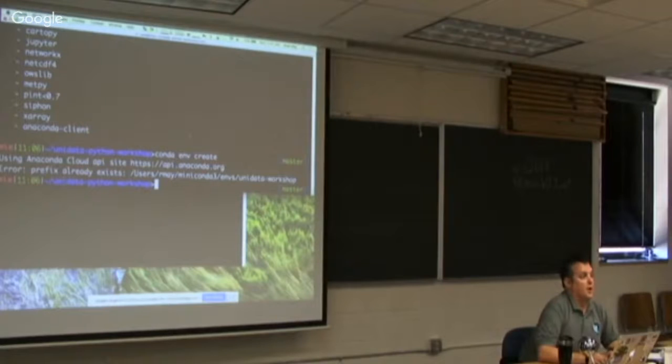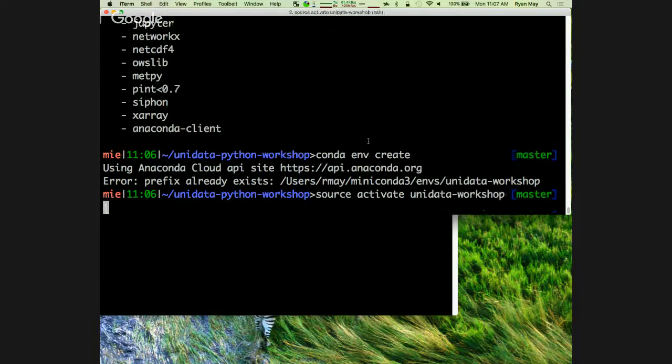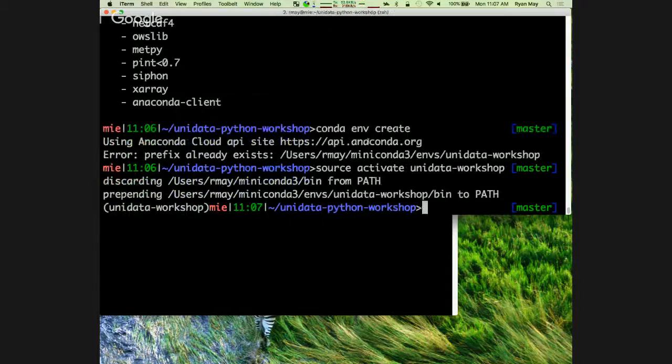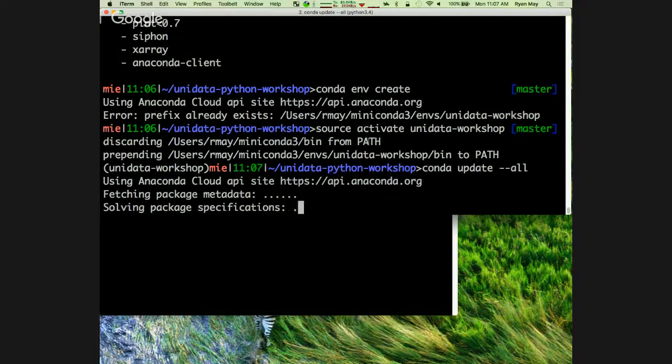For those of you on the Linux machines, like myself, who already have the Unidata Workshop environment, you can do source activate Unidata Workshop. And we can do conda update --all. I think I'm running, but I'm very slow.